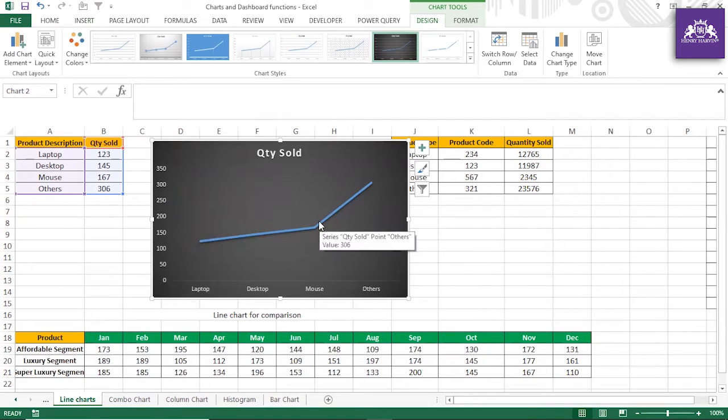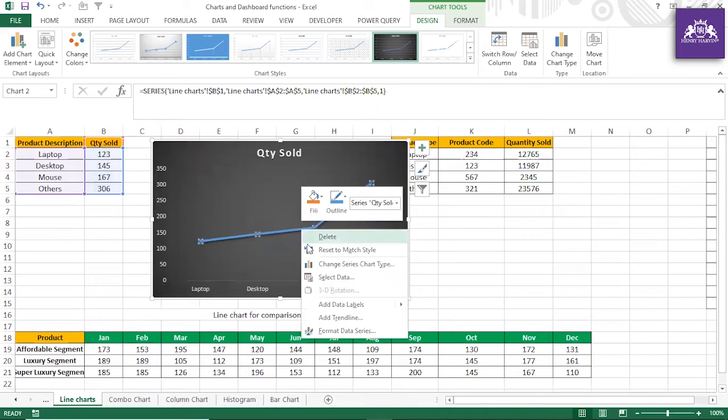This is called the horizontal axis, or you can call it the x-axis, and this is called the y-axis, or vertical axis, or maybe the primary axis. I will also show you how to have the secondary axis, which is to the right.